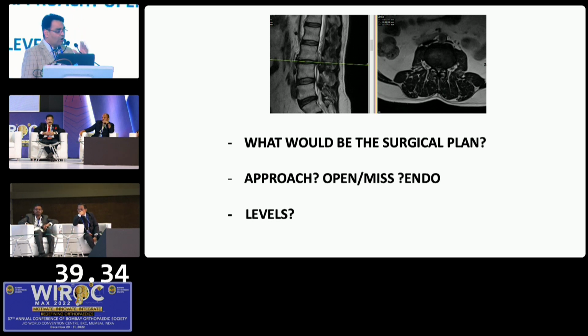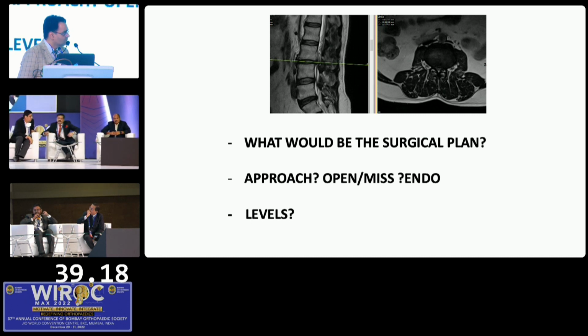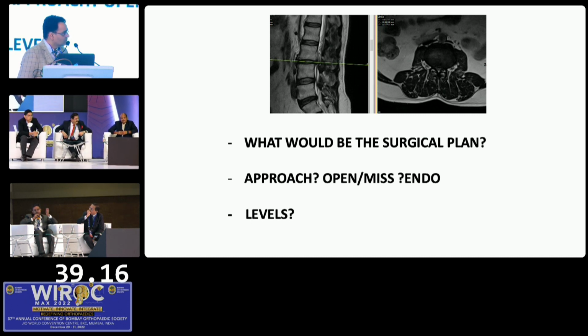So what would be your surgical plan? Would you just decompress 1 level, 2 levels, 3 levels? So the plan will be here the maximum offending structure is at the L3-L4 and L2-L3 level, which is kind of atypical because he has a sacralized L5. So I was expecting more changes at L4-L5. So I would do a limited decompression spanning at most 2 levels, depending on my intraoperative findings and the clinical